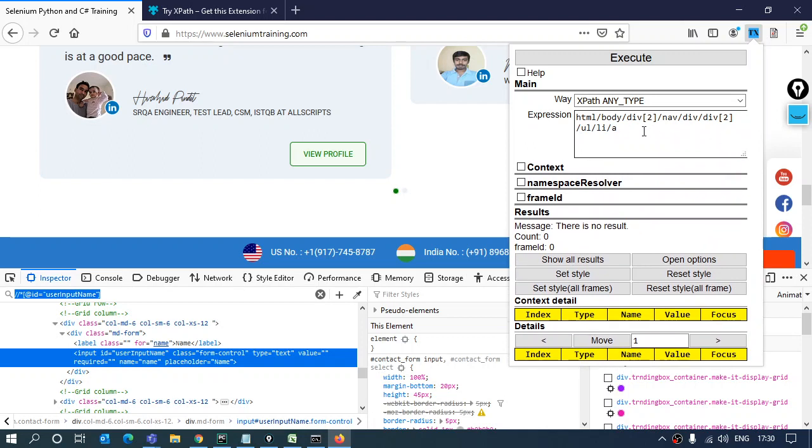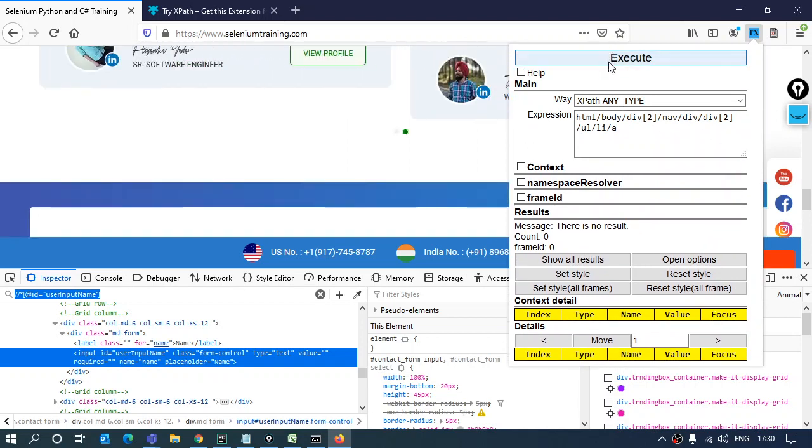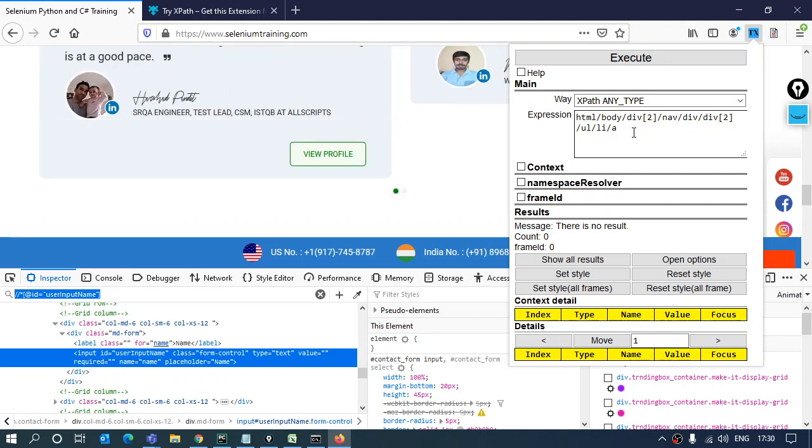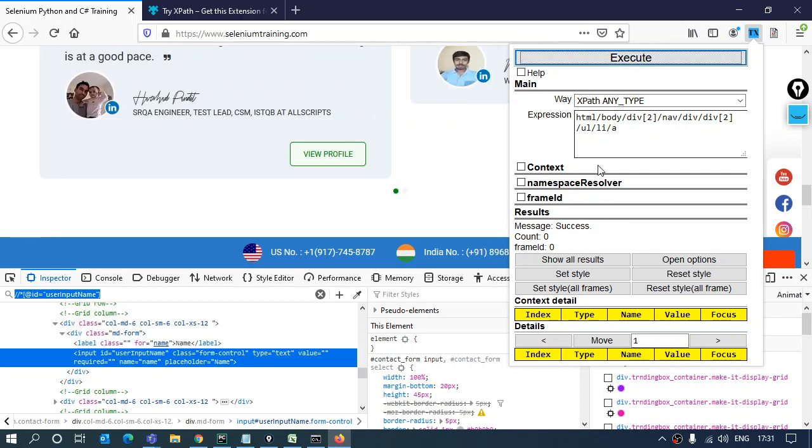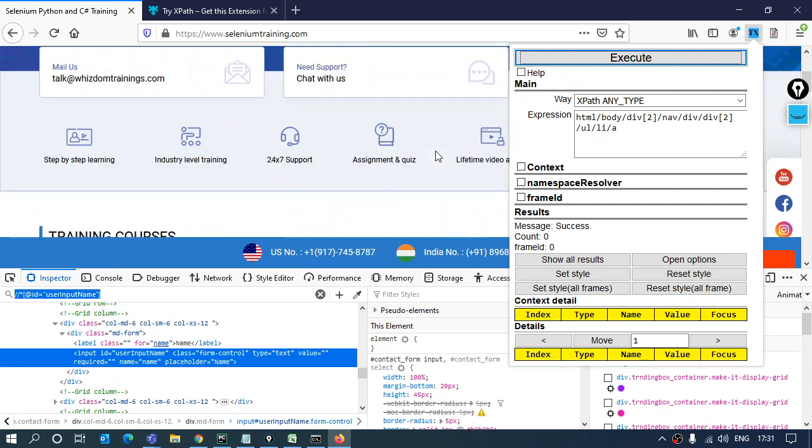Here is my expression. I just need to click on execute, and wherever the elements are related to this XPath, they are going to be highlighted on the page, whether there is more than one or only one. So if I execute it, you can see over here it's not giving me anything, because I told you that this is specifically for the partial XPaths only.